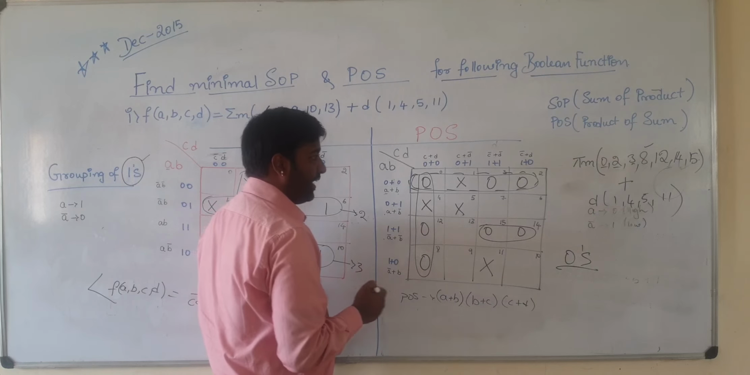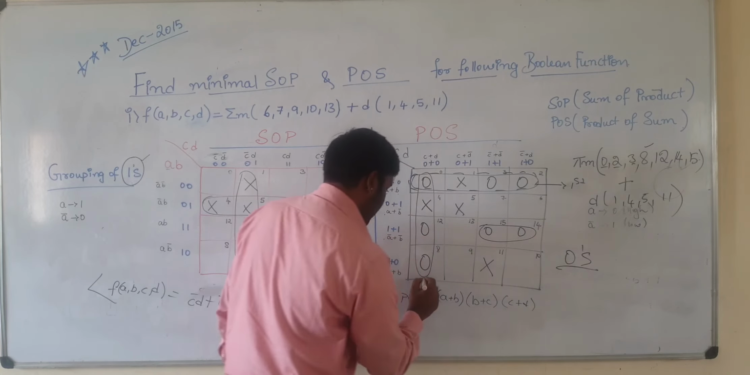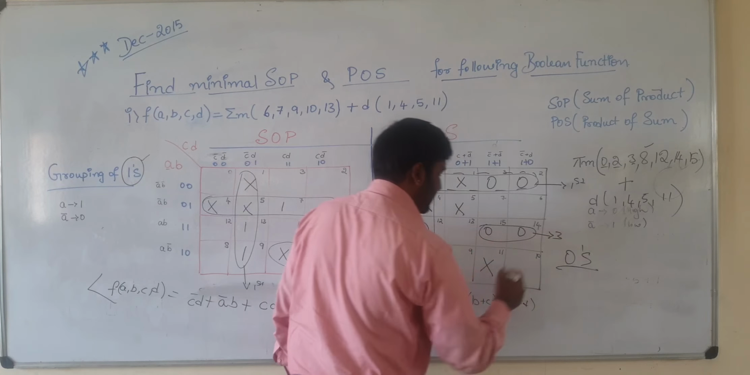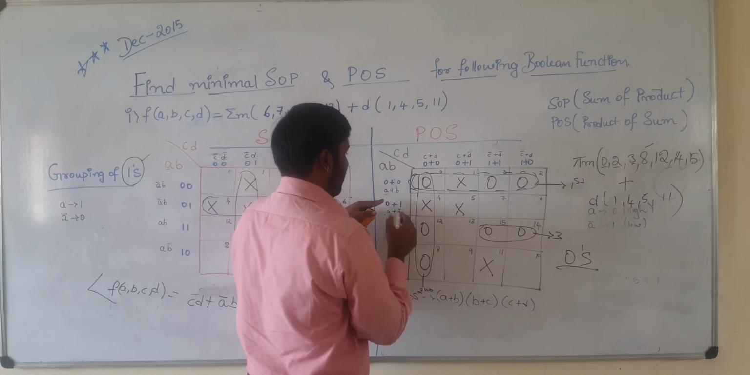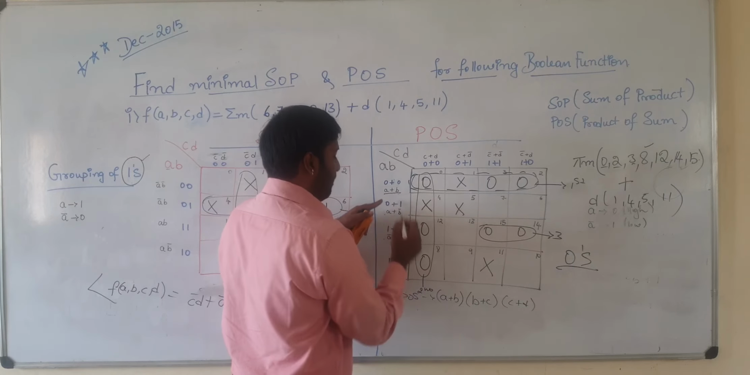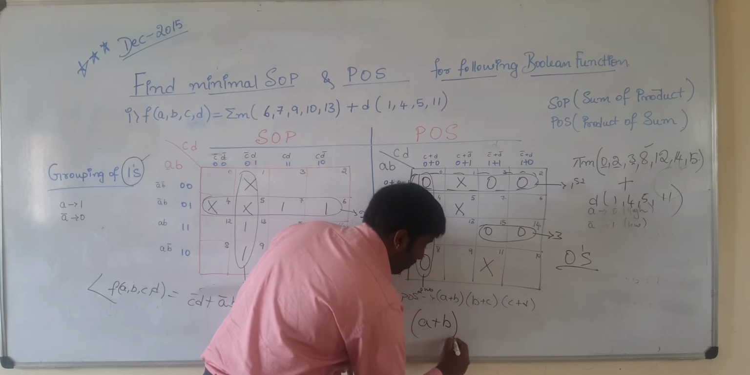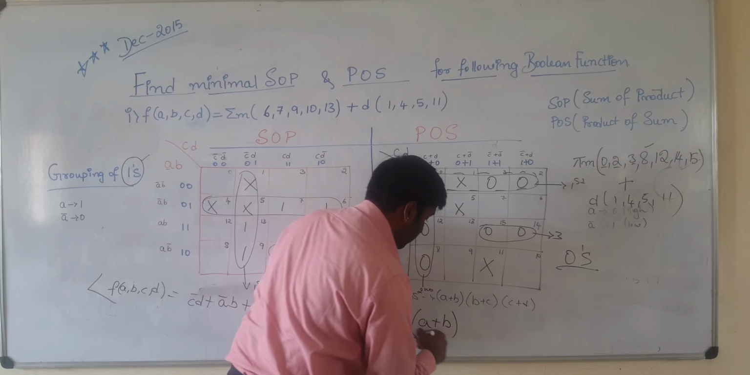We shall try to write the answer. This is my first group, this is my second group, and this is my third group. What is the answer for the first group here? All the other terms get cancelled. The remaining thing will be A plus B. Now, you don't put a plus between groups, since it is product of sum, but a product. A plus B